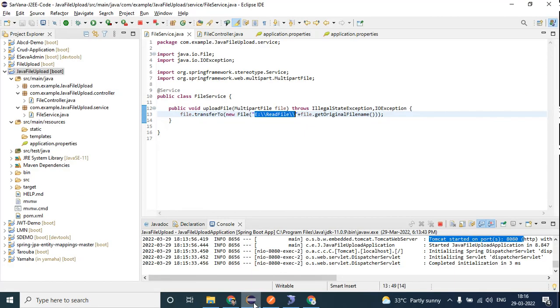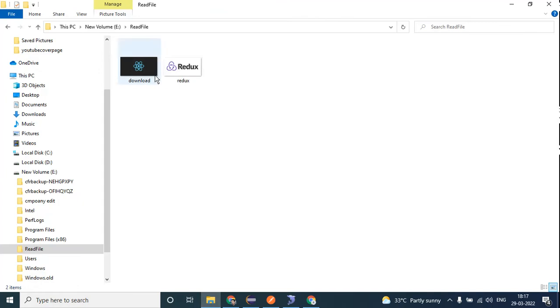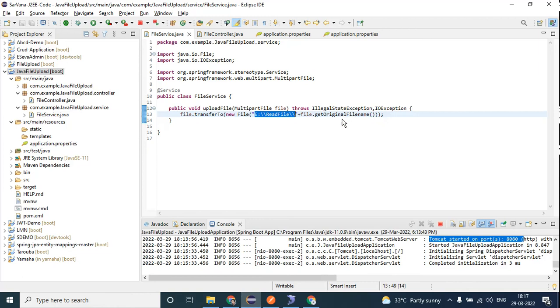You have a controller class and a file service class. If you already have an application which you did on CRUD, all you have to do is write one controller class and one service class, and add one functionality. You have to write parameters which are a MultipartFile interface and an object, and if you find any error here, you should go there. The getOriginalFilename is so that when you upload a file, it is stored in the same name. That is an inbuilt method. Do I need to explain the flow once more? This is very easy, uploading a file.